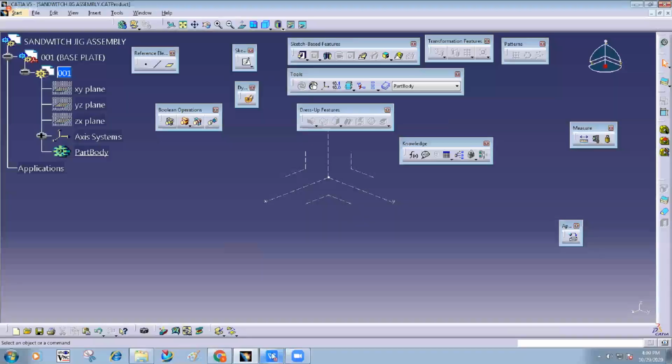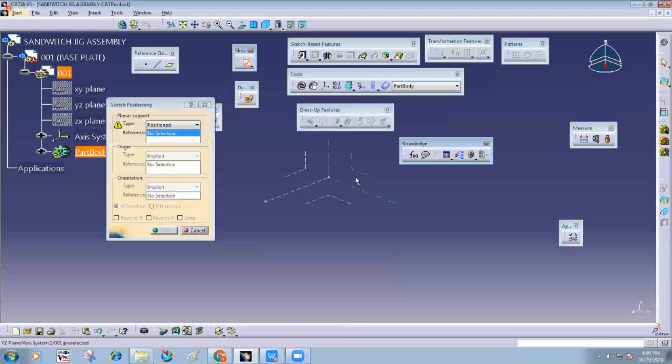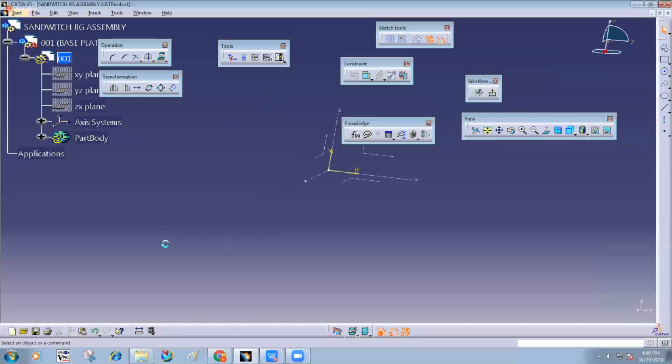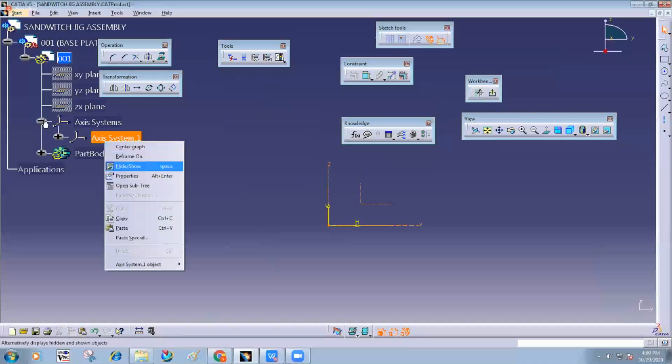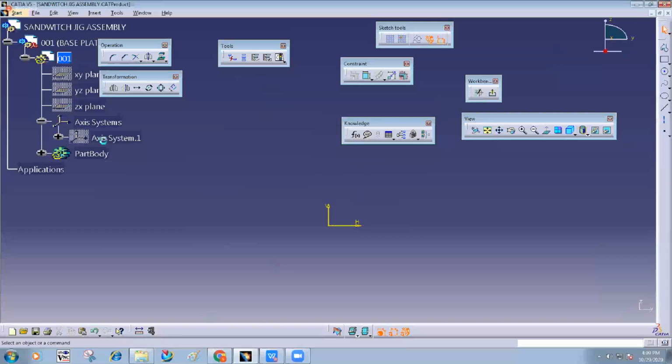Okay, so I go to this part design, select position sketch, take the front plane. Hide this axis system and create the half side profile using the profile tool.